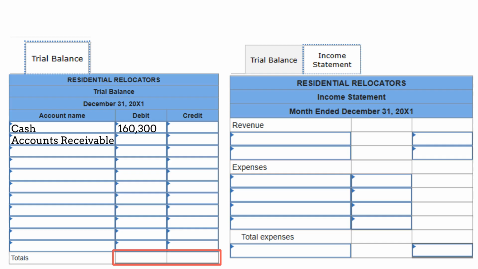Once you completed the trial balance, you are ready to move on to the income statement. Not all accounts from the trial balance belong onto the income statement though. The income statement calculates the net income or profit and we calculate that by entering first the revenue and then the expenses. Remember, you can use the Check My Work feature on each question and then click on Return to Question to go back.